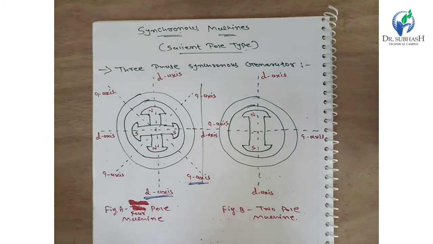Now for the explanation, we start with armature reaction as per the topic of the two reaction theory. Here we know that in a salient pole type construction, the air gap between stator and rotor is not uniform. The flux distribution is therefore not uniform around the stator periphery. So now we draw the direct axis and quadrature axis flux distribution in a salient pole type synchronous generator for clear explanation.